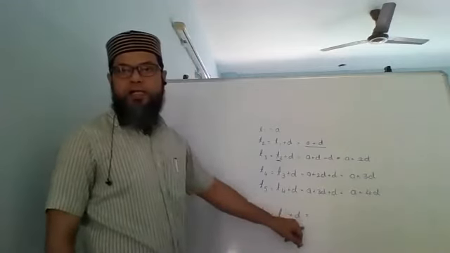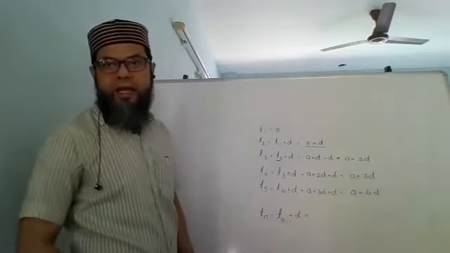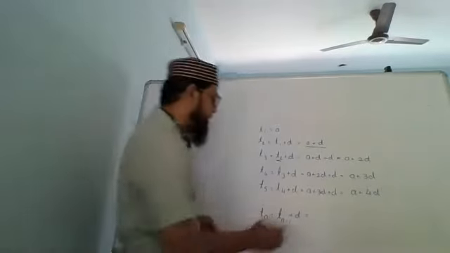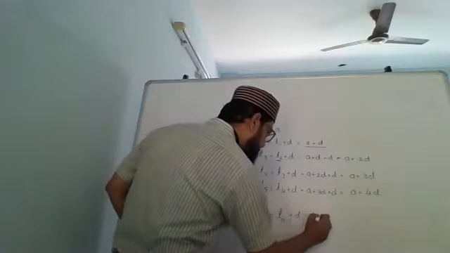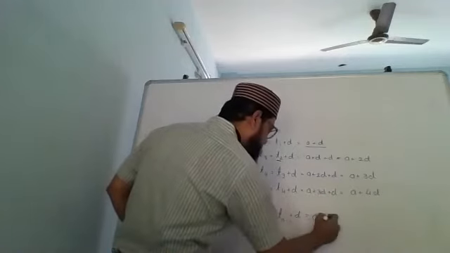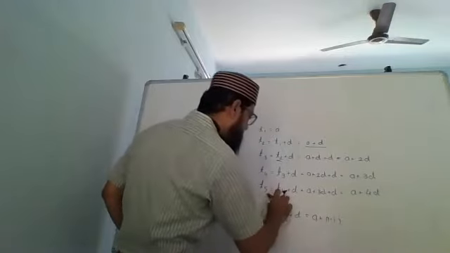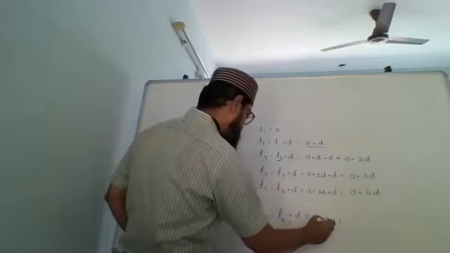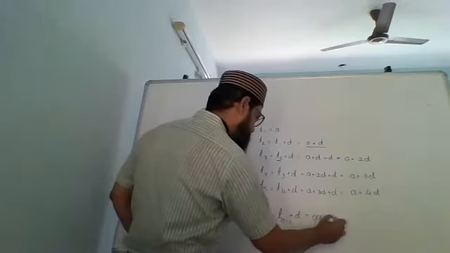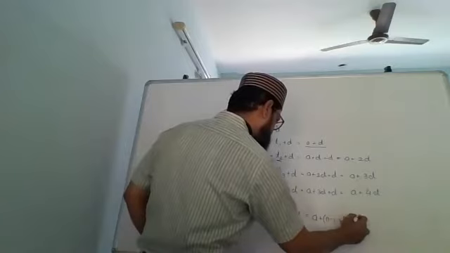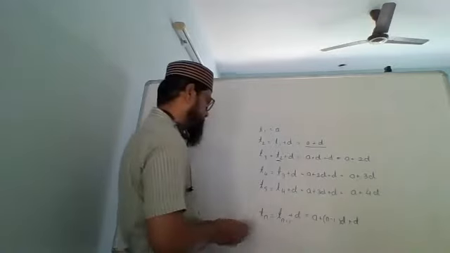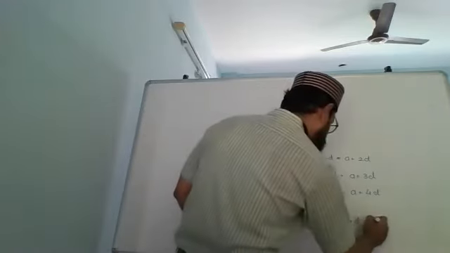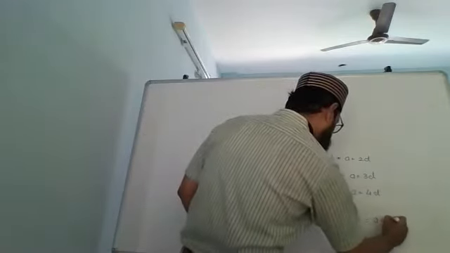Tn minus 1 plus D. Now what is Tn minus 1? Tn is A plus n minus 1 times D. So this becomes A plus